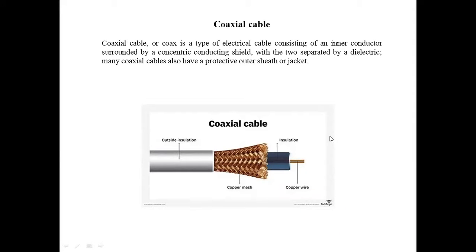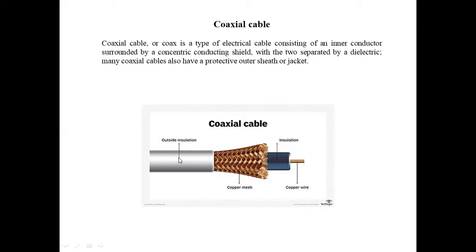So what it means, look at the diagram or the picture that is shared on your screens. Basically, this is your coaxial cable. This is a copper wire, the internal wire, which is responsible for transmitting the signals from one end to the other end, and that is covered by the insulation. This is called the insulator, which covers the copper wire. After that, we have the copper mesh or silver mesh covering, and at the last we have the outside insulation, or you can say the plastic jacket.